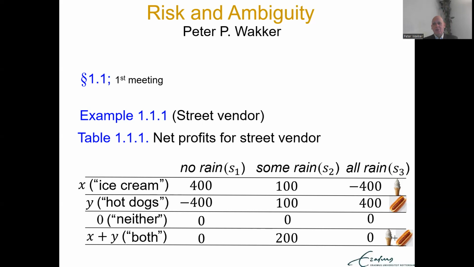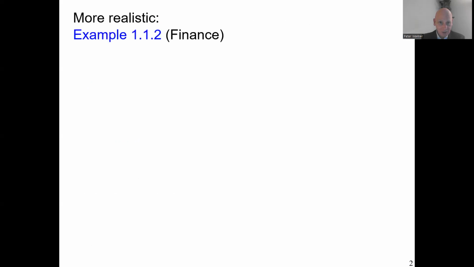Now, this example is a bit of a childish example. It's a toy example. I use it to illustrate all kinds of didactical things in this course. But briefly, I'll mention a more realistic version of a similar example, such as the situation that happens in finance. And in fact, this first meeting is dealing with the arbitrage idea of finance, the central idea of finance. That will come later.